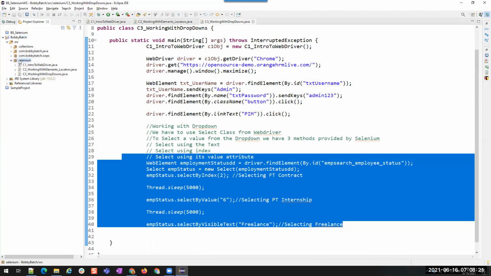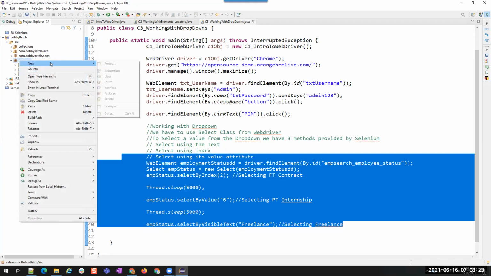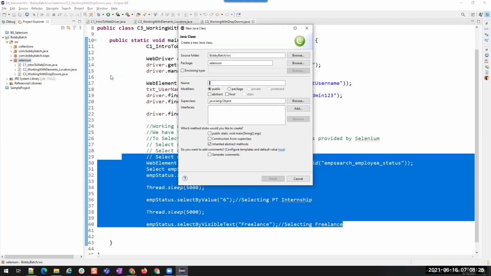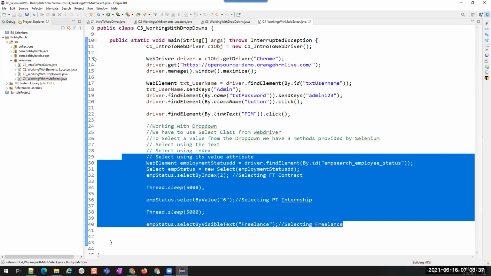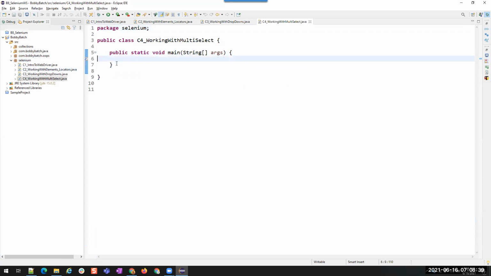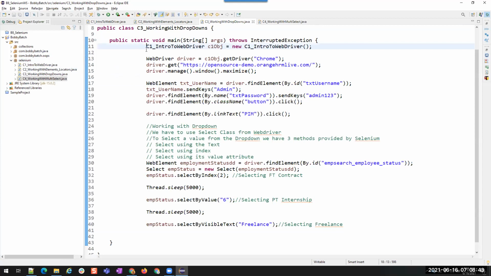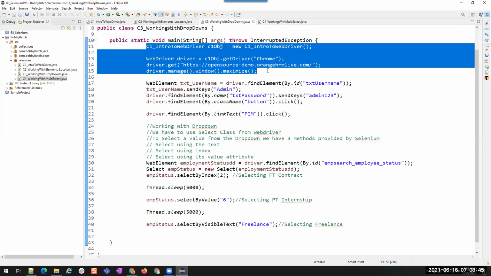Source Selenium, new class. First, the common things, so I'll just copy it till here.